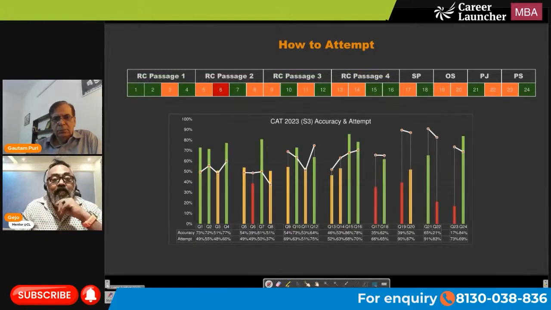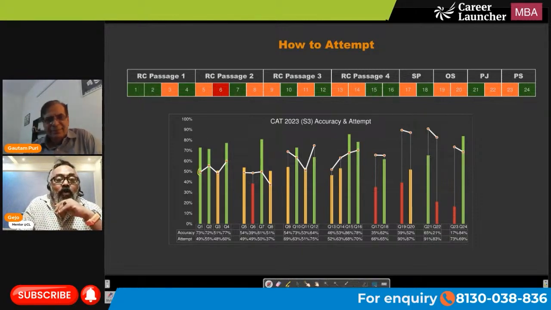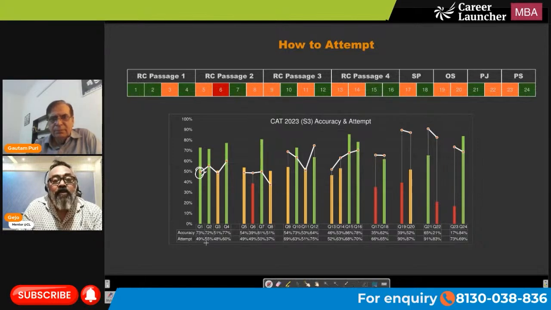And story ये है. मतलब let me say this is accuracy versus attempt. This is talking about the percentage of students. The white जो line है, this white line talks about the percentage of students who attempt the question. So ये वाला point, for example, this particular question attempted by 55% of the students, and this particular point talks about what percentage of the students got that question correct, and we kind of color coded it. Now this is the data of about 25-30,000. If you look at 2 lakh, maybe this might go down a bit, but this will still give a picture. You tell me, मतलब ये tell me